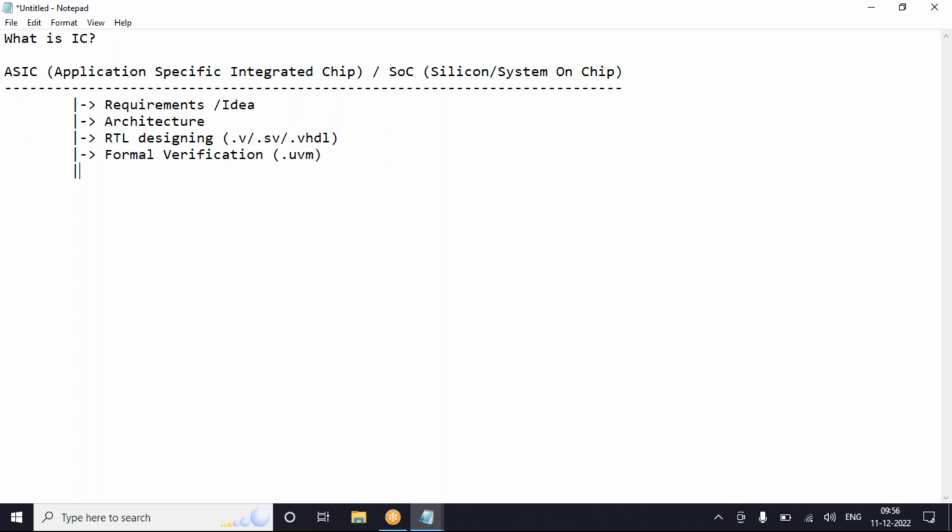UVM and different kinds of tools are used for verification of the RTL coding. So RTL designing, formal verification. Now the basic part is done. Other than this, do I need anything else?